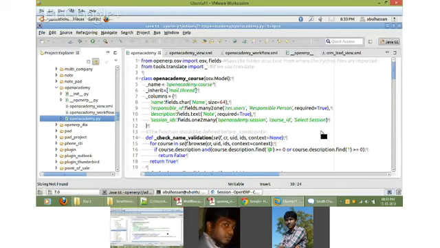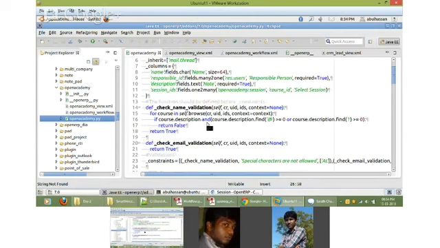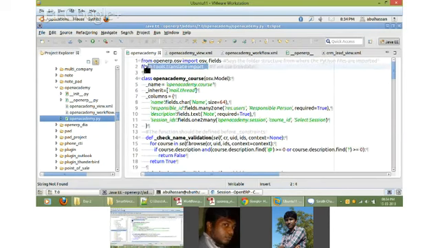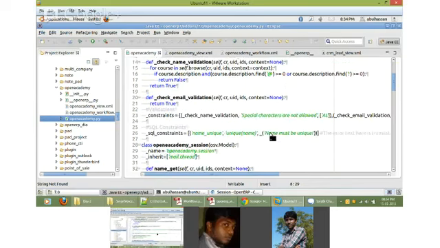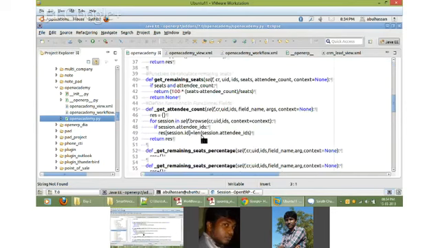Sorry, one important thing which I forgot to tell you. See, when I put this, I told that this is translatable, right? So this underscore is apparently a function, okay, which is defined here. Okay, that is why from tools.translate import we are importing underscore. This is the function which is used for translation, so we are importing that function. Okay, without that it will throw error. So please be careful about that.